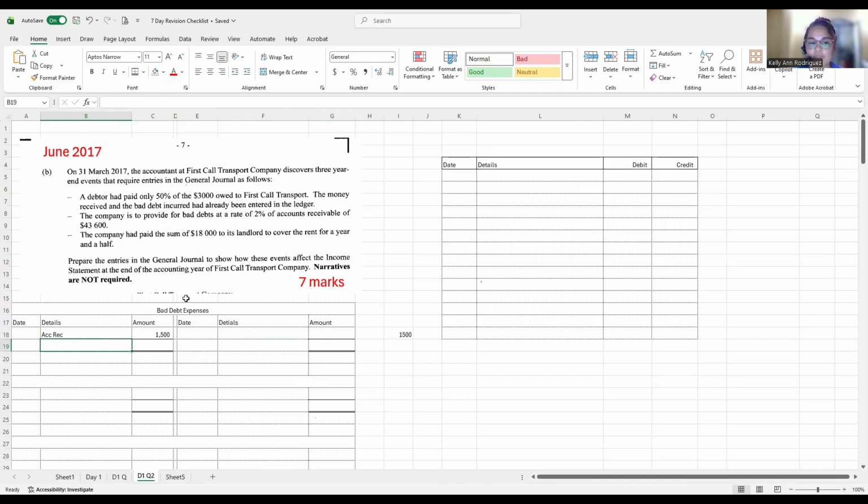How is this going to be related to your income statement? It has to be written off to your income statement at the end of the financial year. Remember, bad debt expense does not have a balance carried forward. So on the credit side, you would have put income statement, showing that you wrote it off straight to the income statement. So you credit your bad debt expense account. Therefore, income statement needs to be debited. So in your journal entry, you will debit your income statement for 1,500 and you would have credited your bad debt expense account